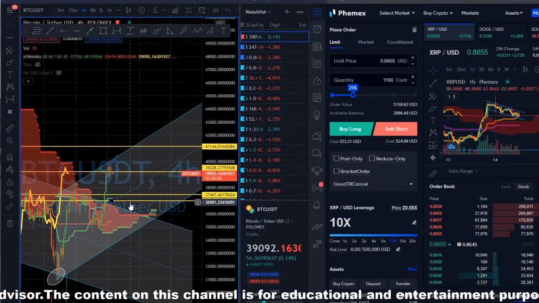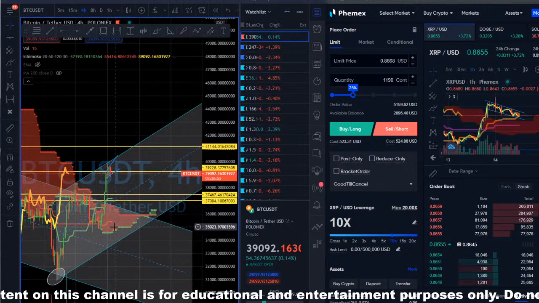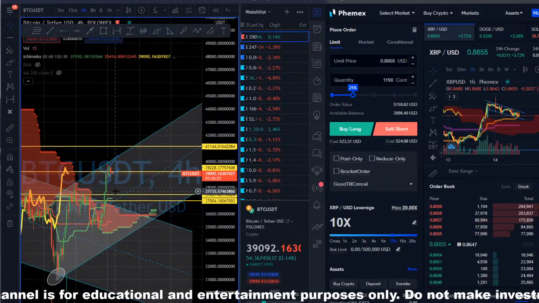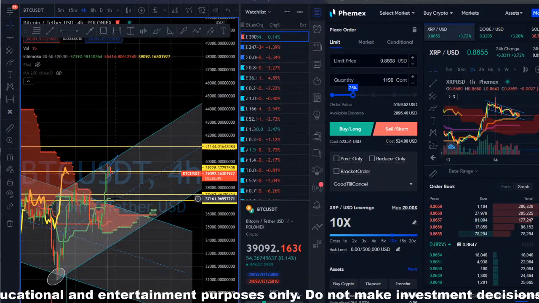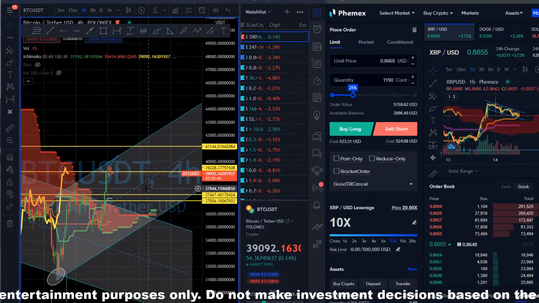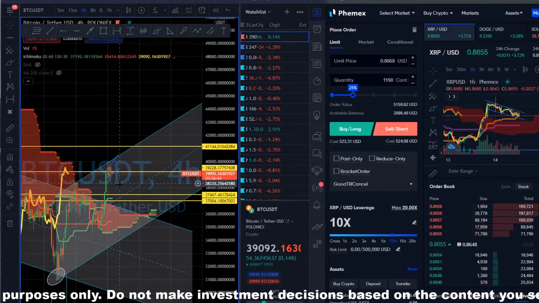One thing too to keep in mind is make sure that you're not too far away from the baseline, because if you're too far away from the baseline, then you're gonna catch yourself